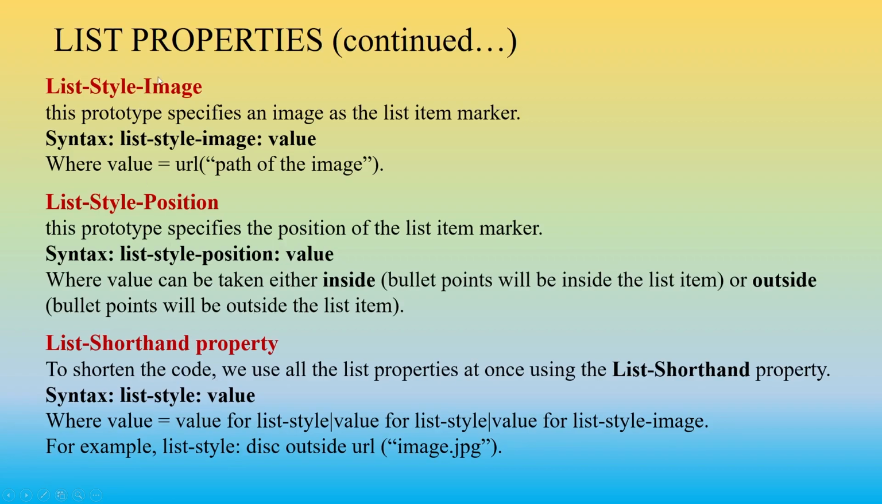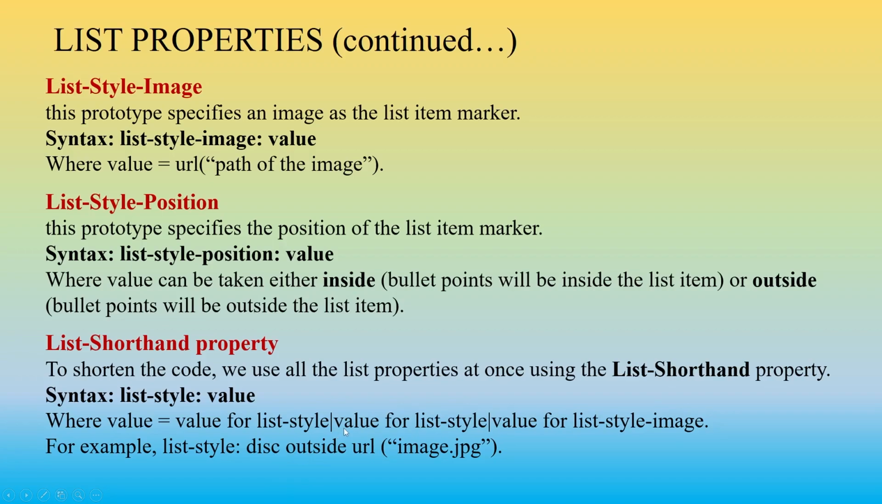We do not specify image, position or anything. We only write these 2 words, list hyphen style, put a colon and then write the value, where the value is the value for list style type, list style position, or list style image. Instead of this style, there should be position. I'll correct it. For example, list-style colon disk, which is the value for list style type,